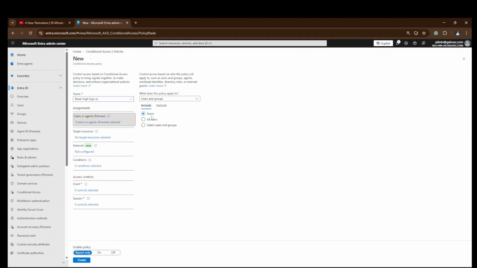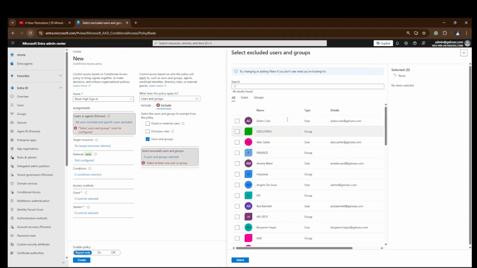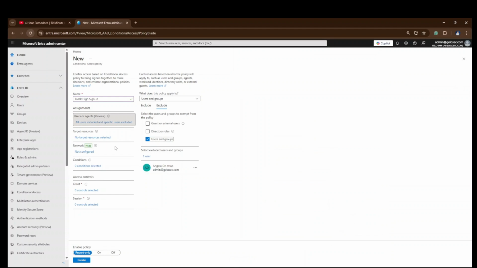Then we're going to choose all users. But for the security of my own account, I will exclude myself from this policy. Actually, from both policies. And we're going to choose my account here, this one, and select.